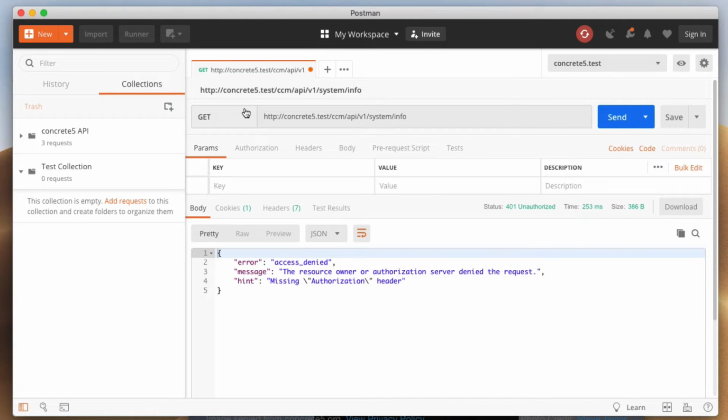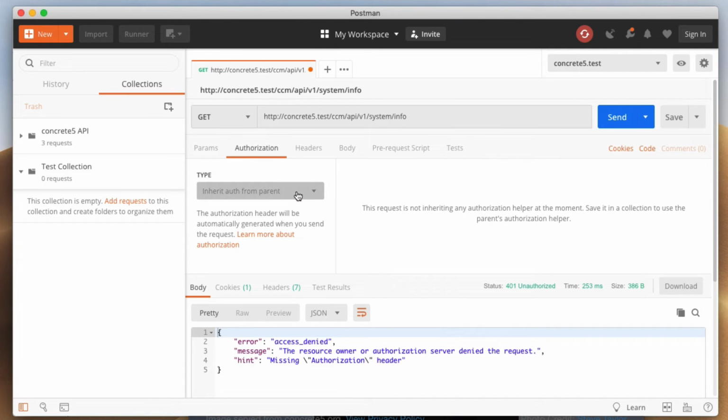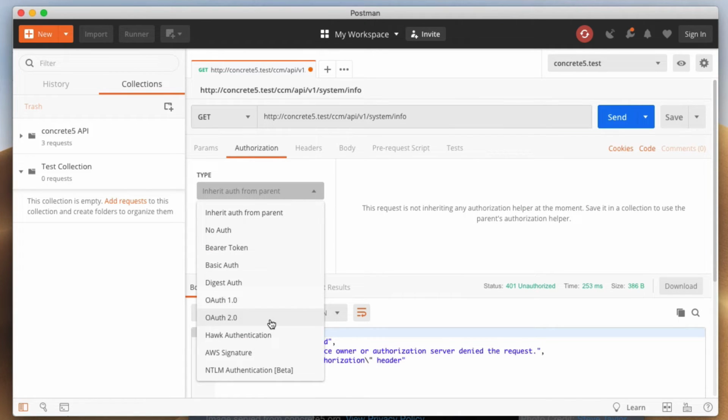In whatever client code you're going to write, you're going to need to specify client ID and client secret in some way. This is pretty standard stuff in any REST API client libraries that you'll find. So in order to send over the client ID and the client secret that we got from Concrete5, go into the authorization tab. We are using OAuth 2,